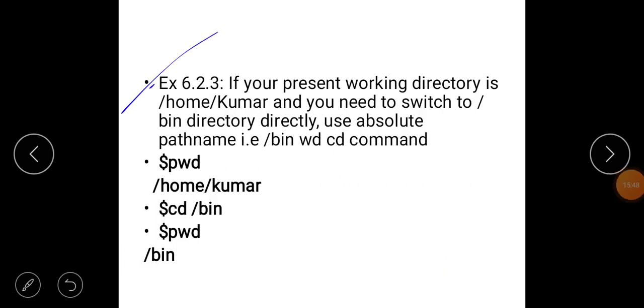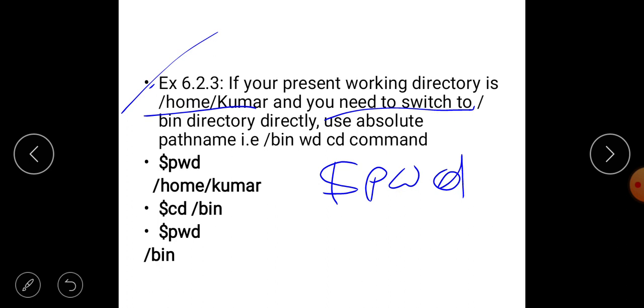The third example is: if your present working directory is /home/Kumar, you need to switch to the /bin directory directly. Suppose you are in /home/Kumar and you want to switch to /bin. How can you switch from /home/Kumar to /bin? First you check where you are. To check, give pwd, which means print current working directory.